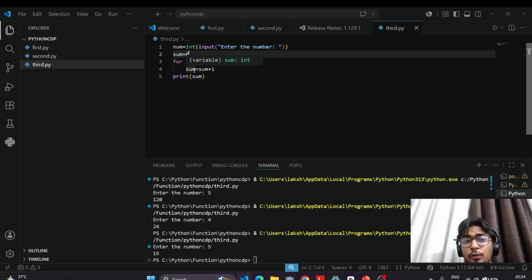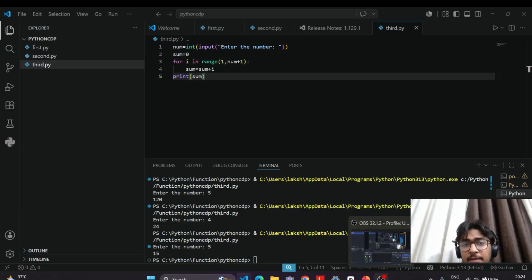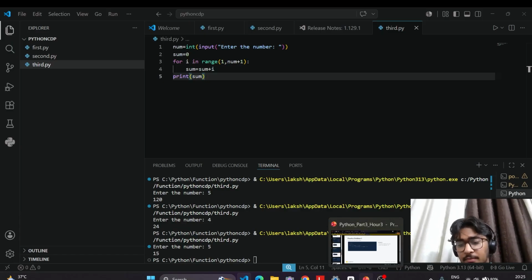तो अब जब अगली बार लूप चलेगा तो हमें पता है कि सम की वैल्यू 1 है, तो सम इज इक्वल टू 1 प्लस 2, 3। अब ये 3 सम के अंदर स्टोर होगा। अब क्या होगा, 3 इज इक्वल टू 3 प्लस 3, 6, ऐसे ऐसे वैल्यू स्टोर होती जाएगी, ठीक है। सो हमने अब फाउंड आउट करा, हमने अभी चेक करा कि हम कैसे नंबर तक का सम निकाल सकते हैं, ठीक है।